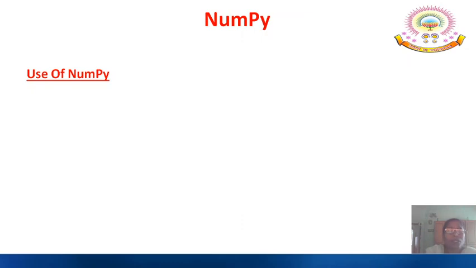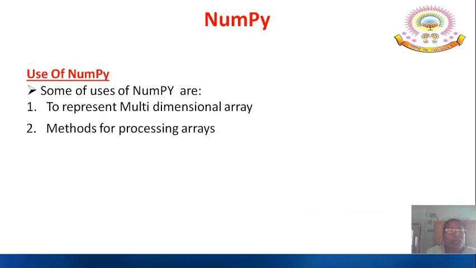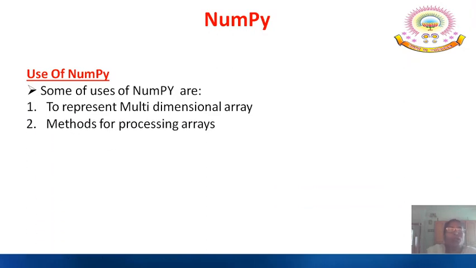So what are the uses of NumPy? This is the most important topic. So the uses are: to represent multi-dimensional arrays, we can use NumPy. The methods for processing these arrays are available in NumPy.